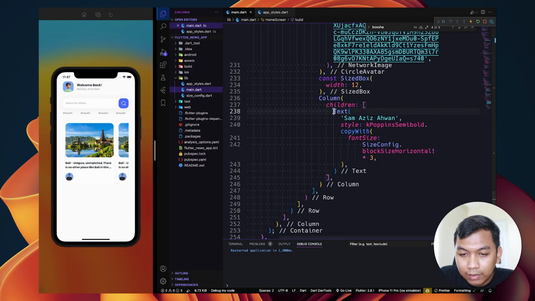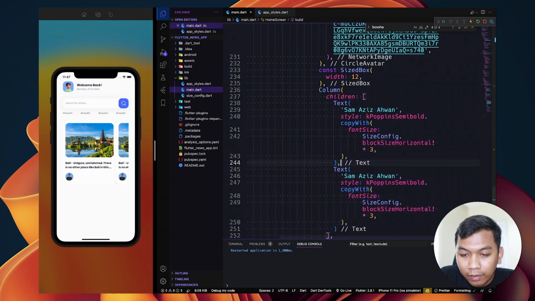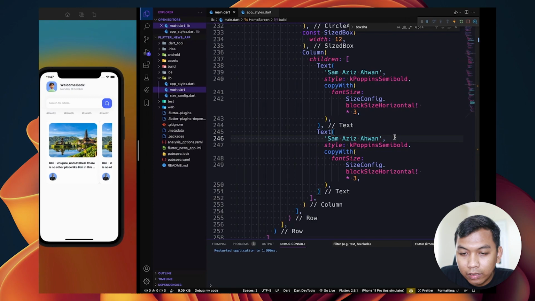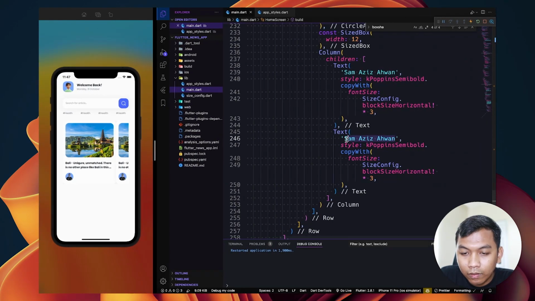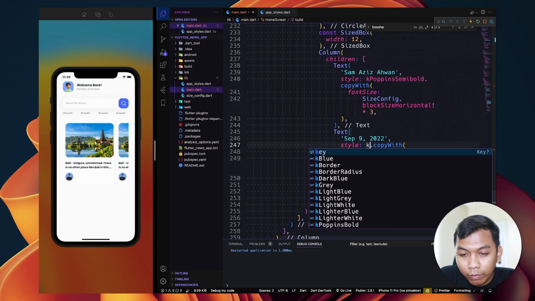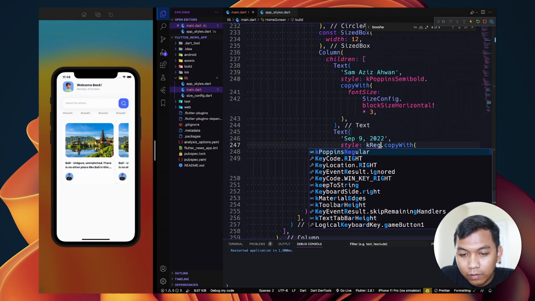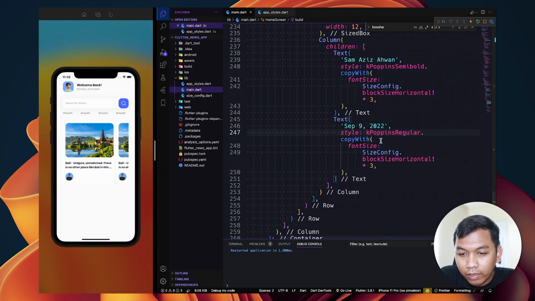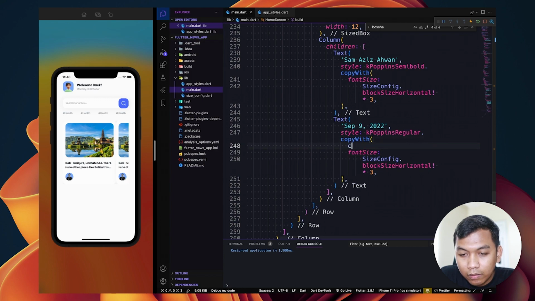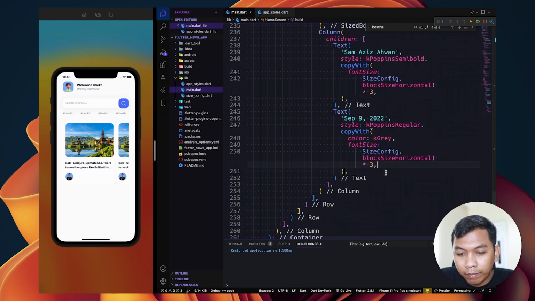And the next, just copy this, give a comma here, change this text, and change the font weight to regular, and color will be gray, and for the size it's the same.